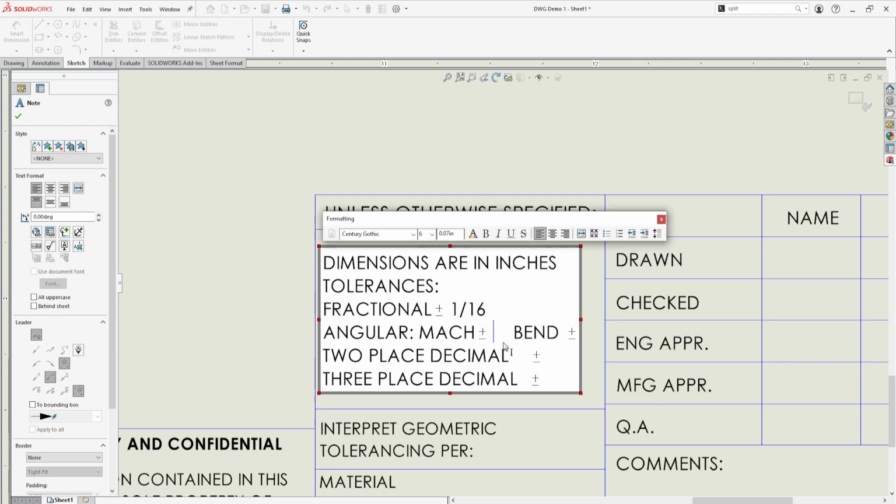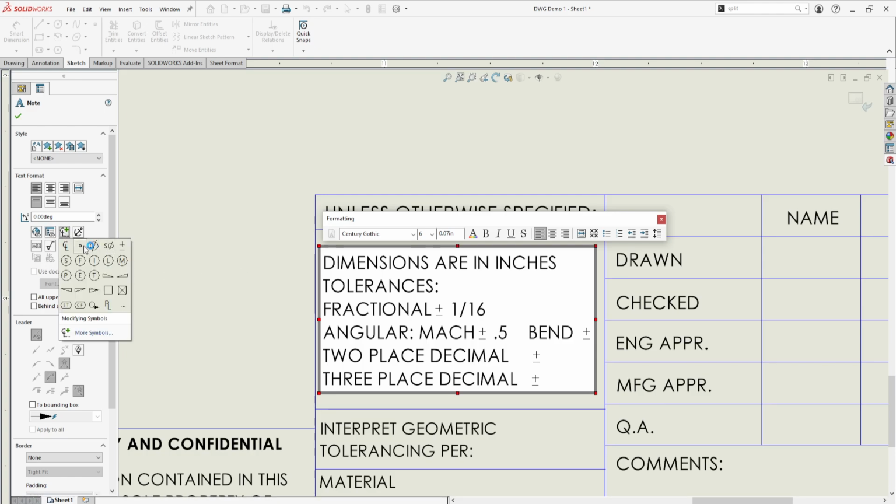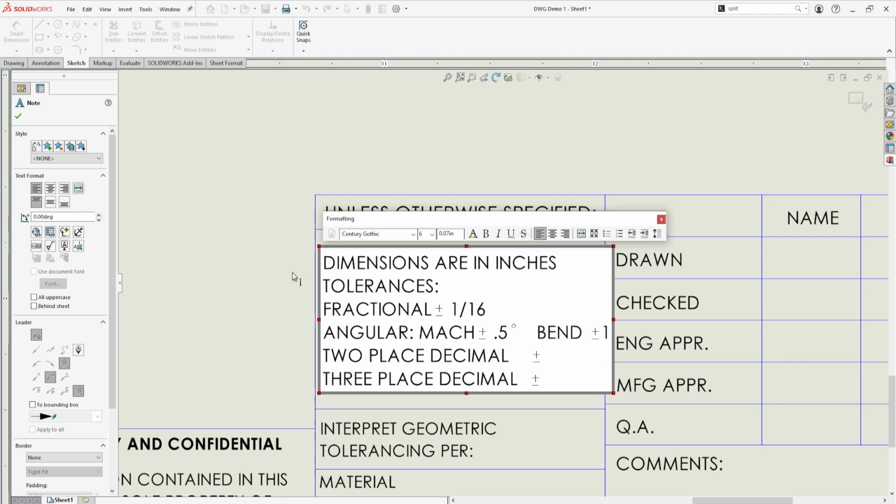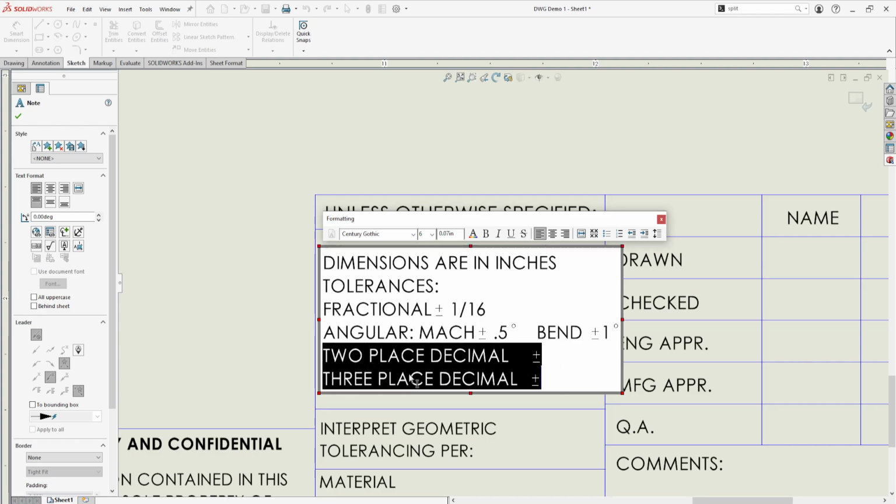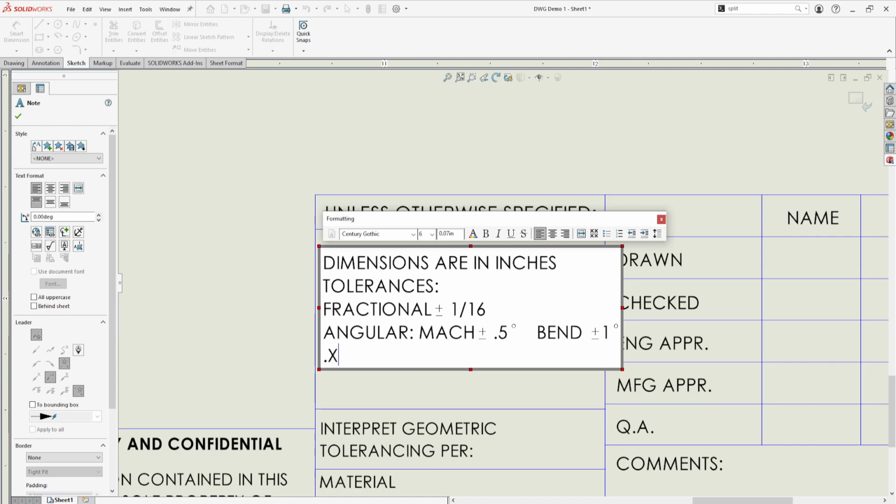Angular machining, let's do 0.5 degrees. Bend can be plus or minus 1 degree. And then I typically don't like this 2-place decimal plus minus, 3-place decimal plus minus. I like the point x